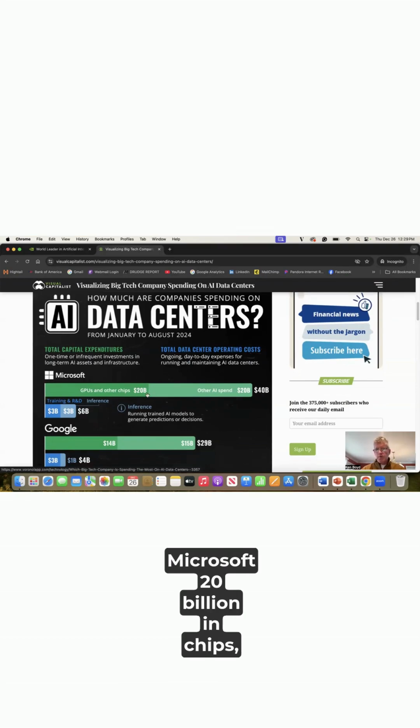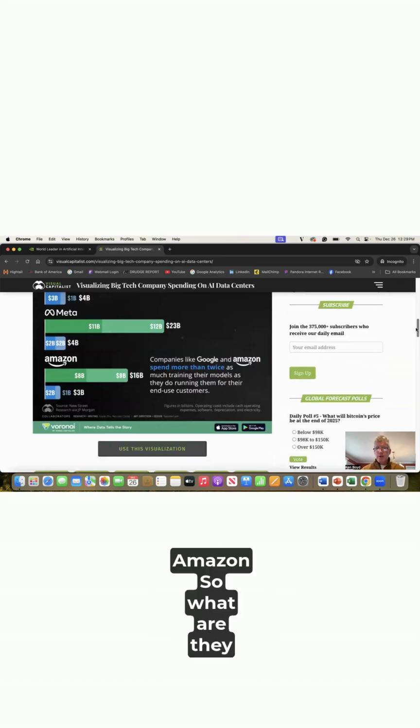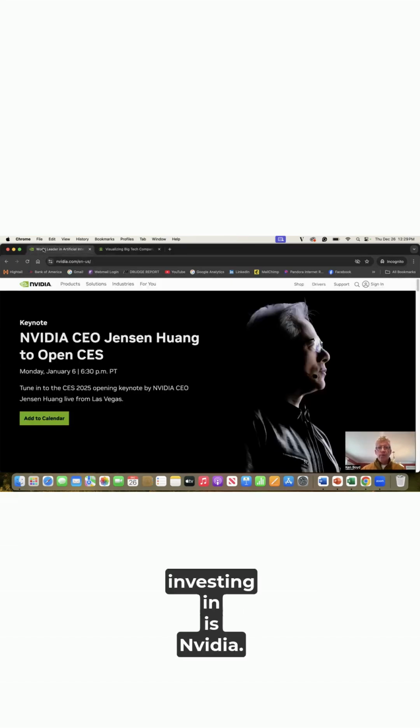Microsoft, 20 billion in chips, 20 billion in other AI spending. Google, 14 billion in chips, 15 billion in other AI spending. Tremendous investment, right? Meta, Amazon. So what are they investing in? One of the things they're investing in is